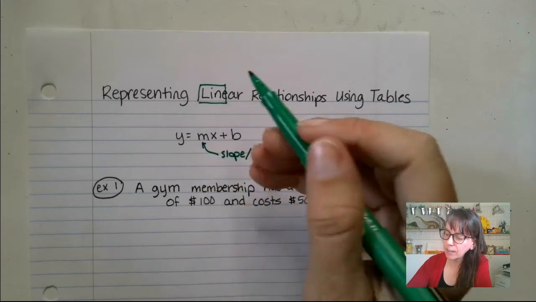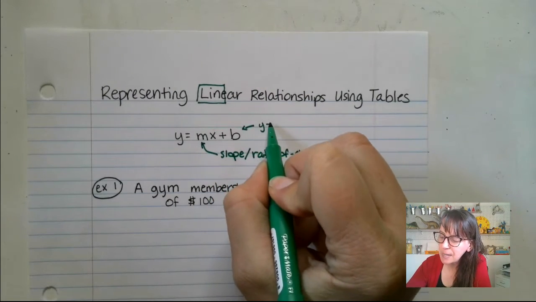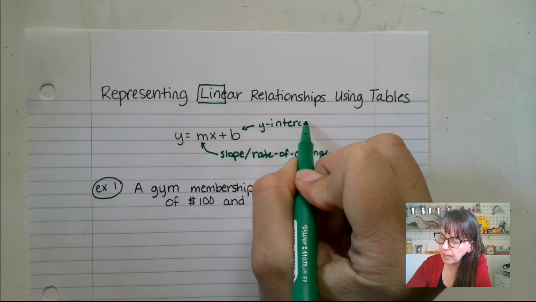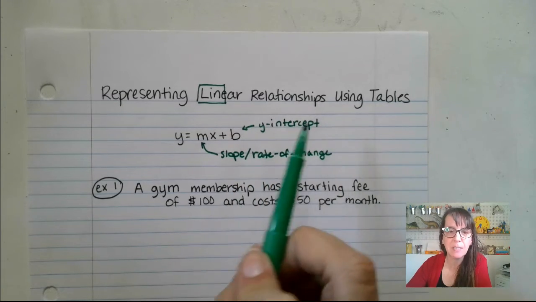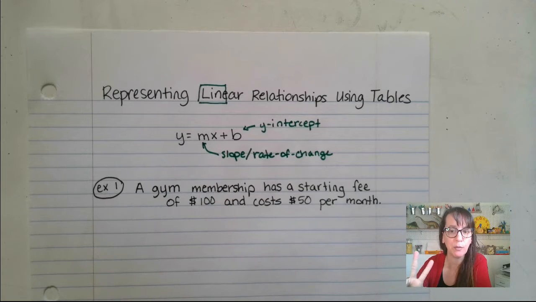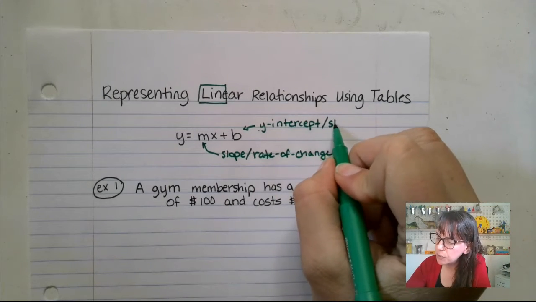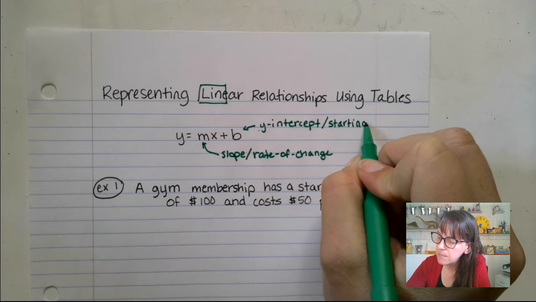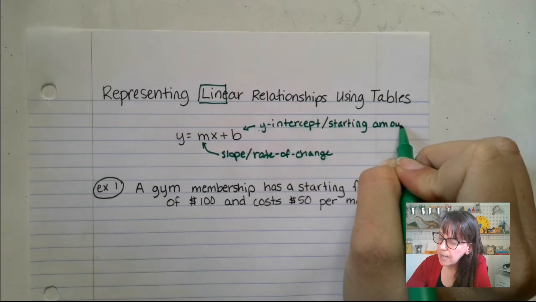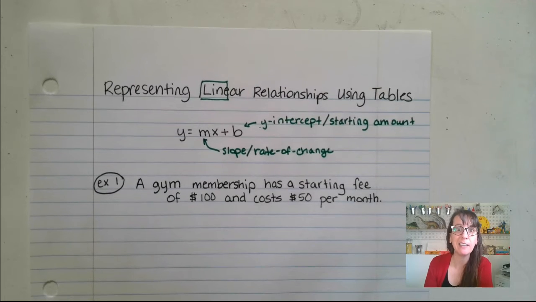Our b here is what we call our y-intercept. Again, it's our y-intercept, it's not our y. This is your y. Those are two different things. Don't make that mistake. But it's our y-intercept. What we can also call that is our starting amount. Now that you will be able to identify these, you're going to find that in the real world,